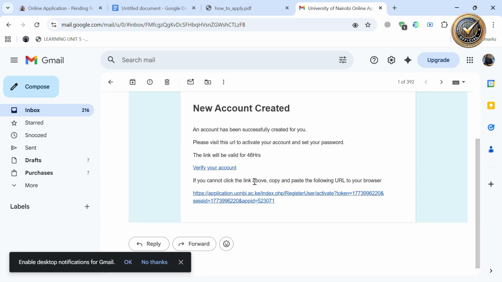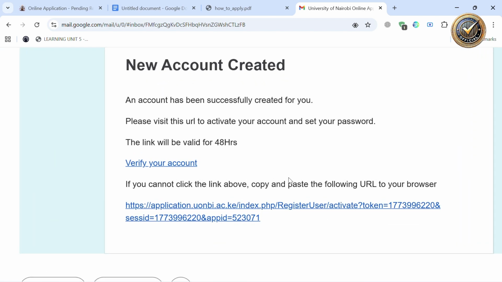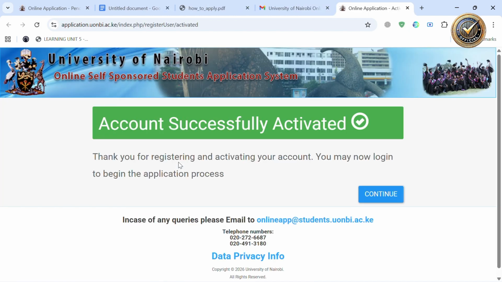Yes, then you click here. This is the "please visit URL to activate" link. It means you are going to activate your account and set your new password. If you cannot click, you should also click this. Click here and then you see "Thank you for registering and activating your account. You may now log in"